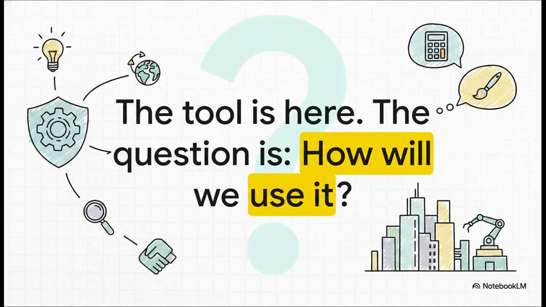Because at the end of the day, that's what this is. It's a tool, an incredibly powerful one for sure, but still a tool. It isn't inherently good or bad. Its impact is going to be defined by the choices we all make, the safeguards we build, and the problems we choose to solve. So the most important question isn't what the AI will do next. The question is, what will we do with